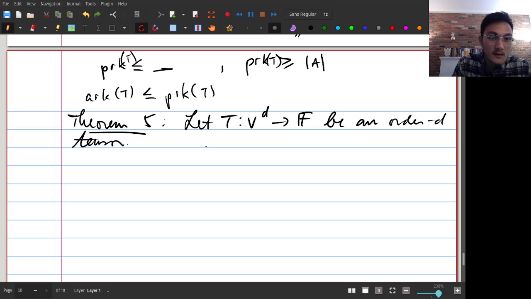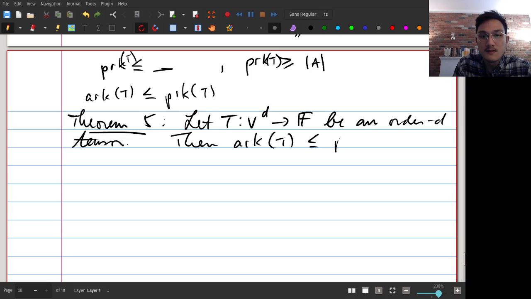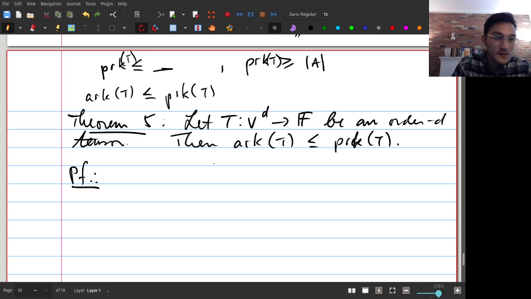Okay, then the analytic rank of t is less than or equal to the partition rank of t. Okay, and what's the proof? So we spent a whole video proving subadditivity just so we can do this. So by subadditivity,